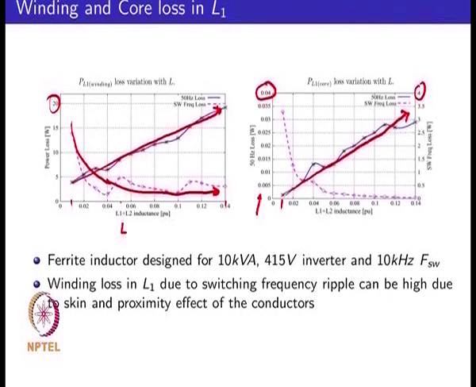So if you go beyond a certain value of L, you might need to go to the next larger size core, or you might need one more layer in your windings. So these jumps that you see are because of discontinuities, because you are changing your physical inductor from one particular value selection to the next selection, which makes this curve have